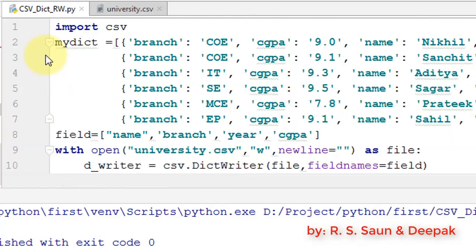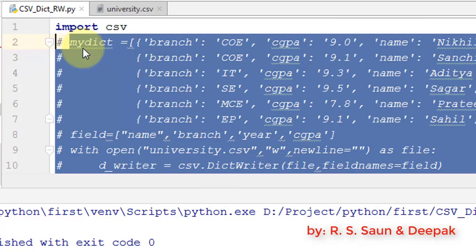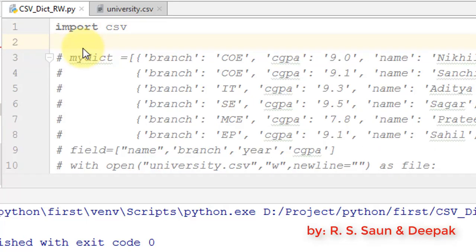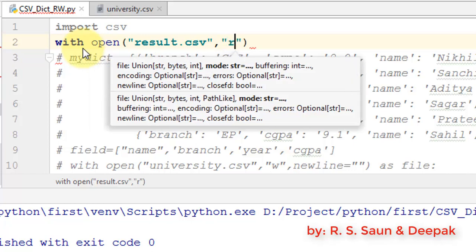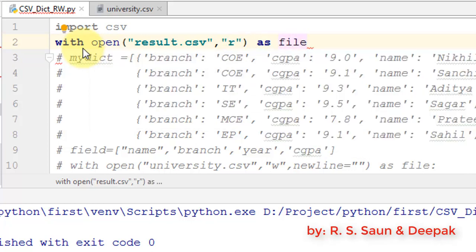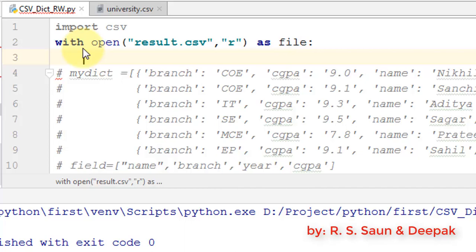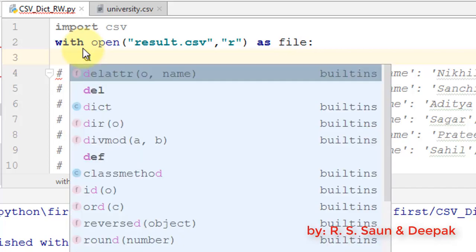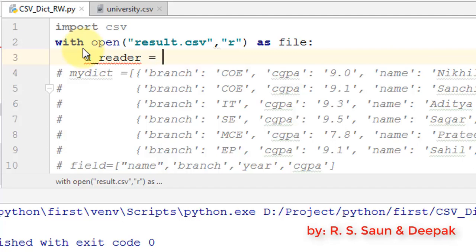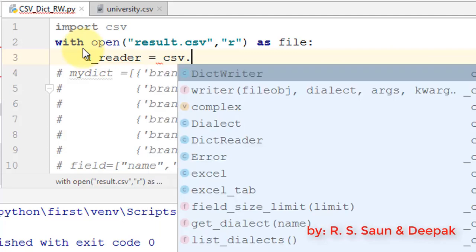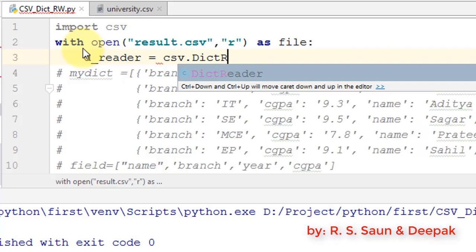Okay, so I'm going to make everything a comment, and let's open this file. Previously we have created a result.csv, or university can be used, but we have another file called result. So I'm going to use this as, let's say, file, and then what I need to do is create a DictReader. So reader is equal to csv.DictReader.